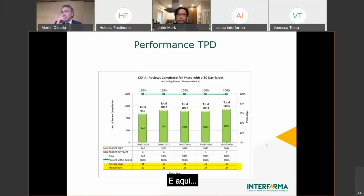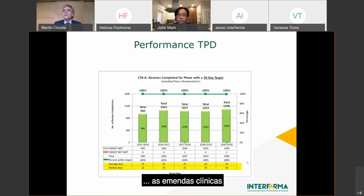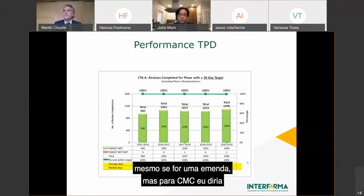And here it's interesting. It also contains the quality, and you were interested in statistics. Quality, the clinical amendment, it may go close to 30 days. So even if it's an amendment, but for CMC, I should say,